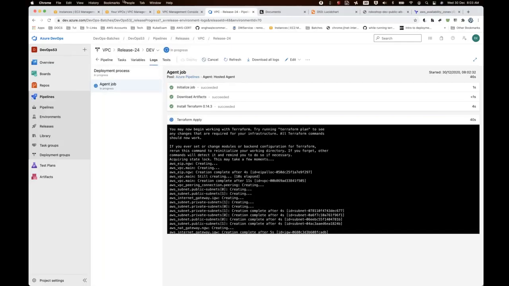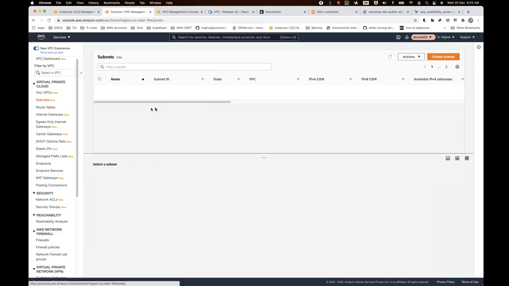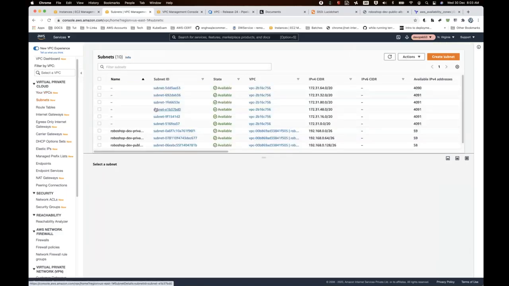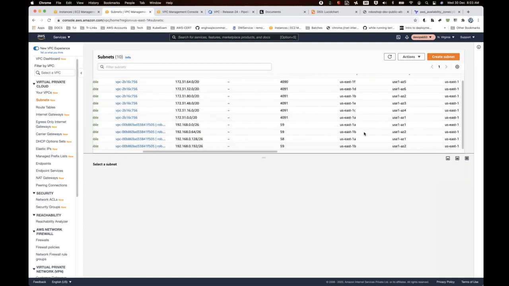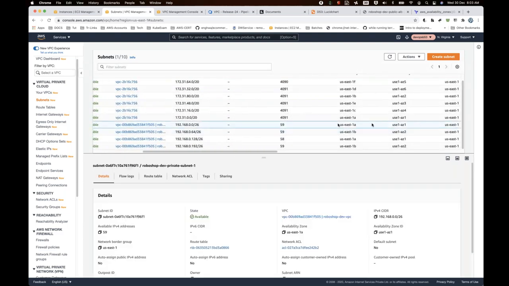Now the subnets are created. Let's go and cross verify now. If the private subnets are in 1A, 1B, it has to be in 1A, 1B. And if my code has chosen something else, it has to be the same. Now you see this 1A, 1B, 1A, 1B. Then only will things work, otherwise it will not work. So this is a correction we found out. Okay, that's fine. Let's go back